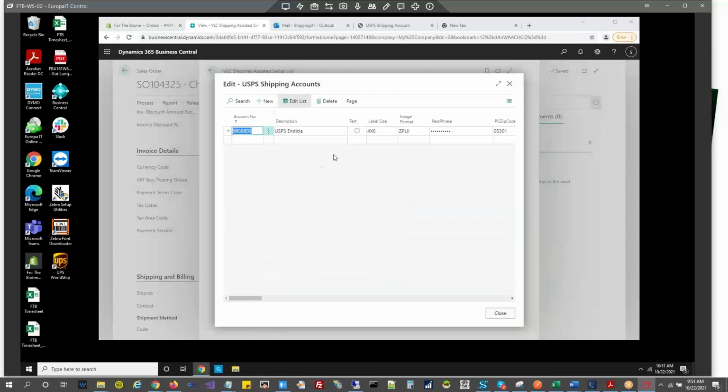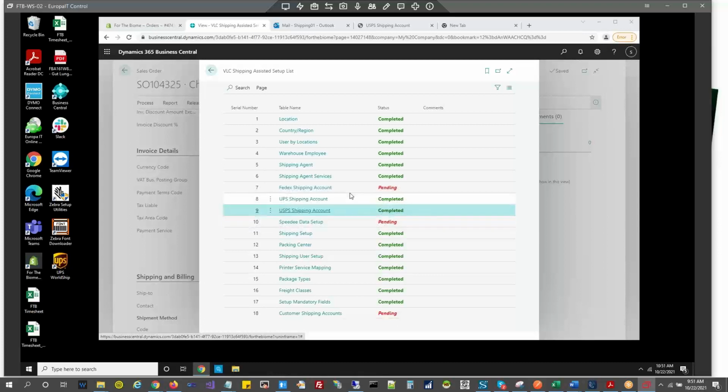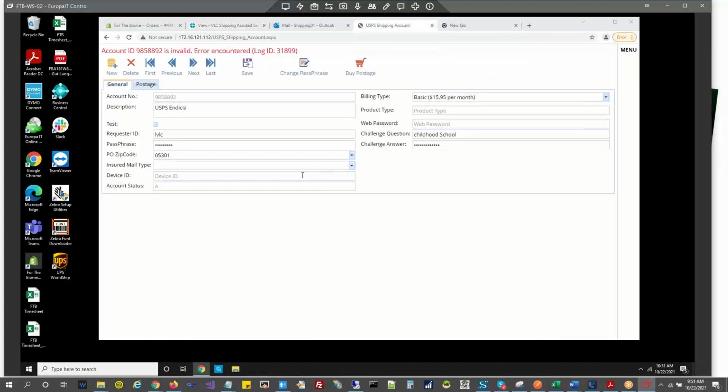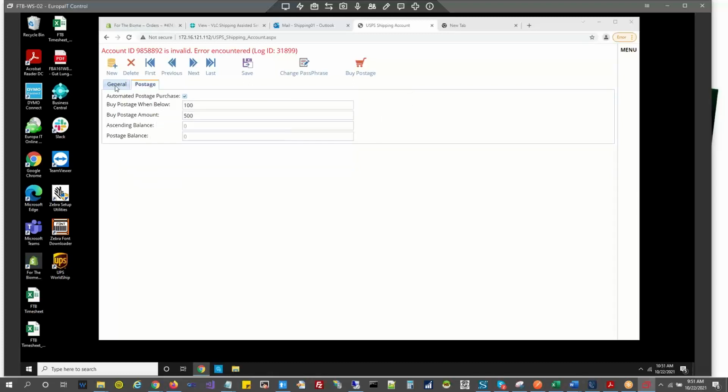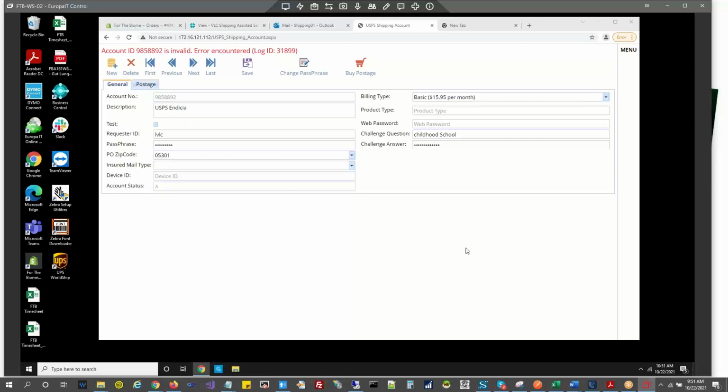Let's look at this field, the passphrase. Account status is active as per the information. Maybe the password is wrong. Okay, we'll play around with this.